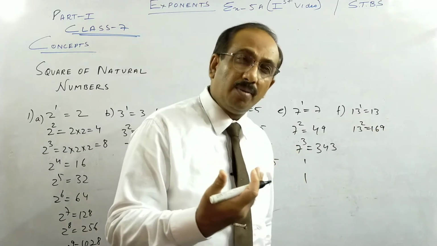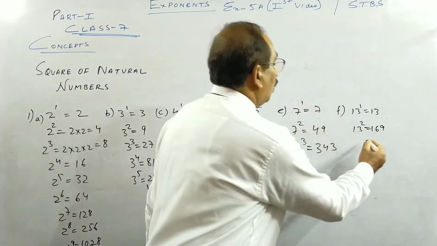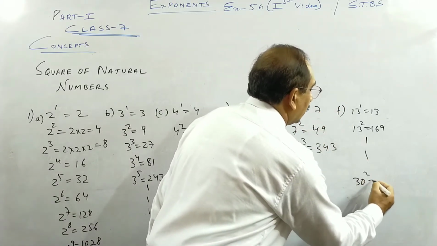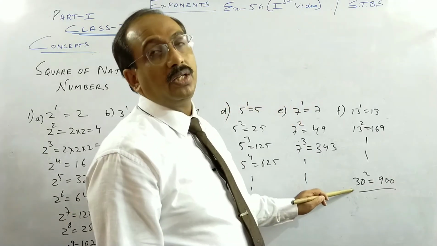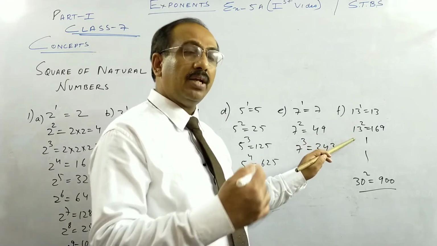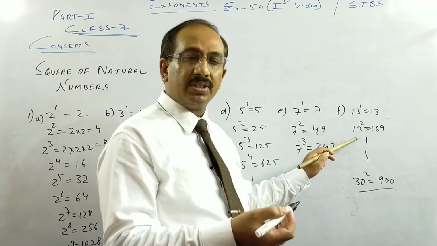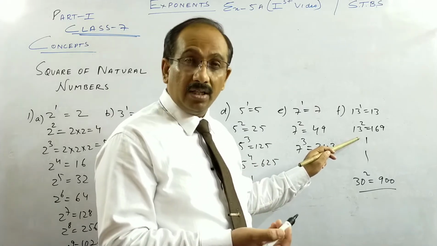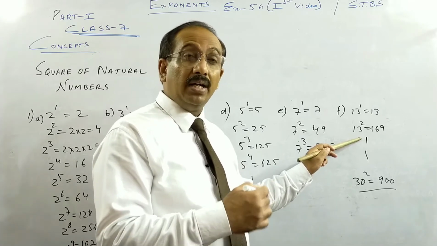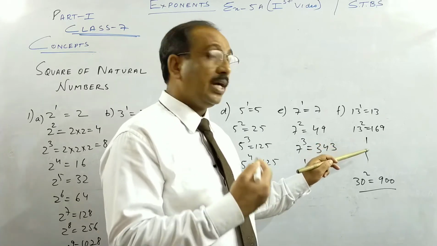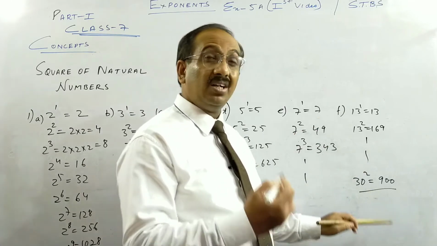Especially the square of a number, at least the square of the number, you go up to at least 30. 30 squared is 3 3s are 9, 900 you will get. So at least till 30 you learn. 13 squared 169, 14 squared 196, 15 squared 225, 16 squared 256, 17 squared 289. Okay, 18 squared I think is 324. 19 squared is 361, 20 squared is 400, 21 squared is 441. So like that up to 30 you write and learn.